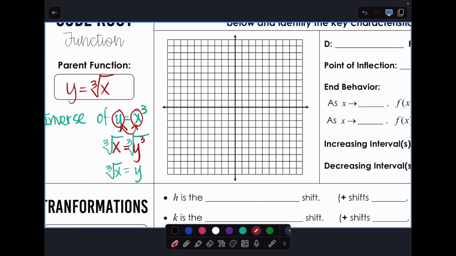Now, the most important point is not called an endpoint in this one. It's called a point of inflection, okay? So the point of inflection is at 0, 0 for the parent function, okay? And then,